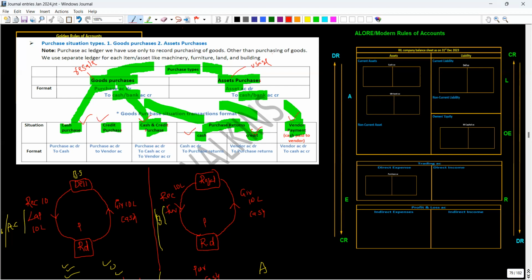Okay, today I'm focusing on what is related to purchases. Again, next class we have the opposite, that is what is sales related. Whatever situation we are discussing under purchases, the same kind of situation will also come under the